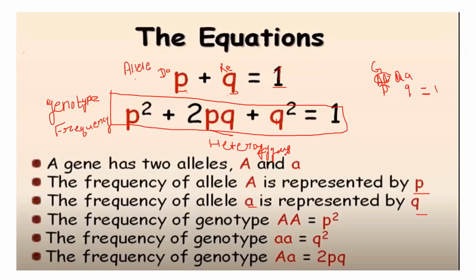This is the allelic frequency, because here you are talking about a single allele, and this is the genotype frequency. That is only elaborated here. The frequency of genotype A is represented by p square. The frequency of genotype small a is represented by q square, and the frequency of genotype capital A small a is represented by 2pq. Because when you cross these two,